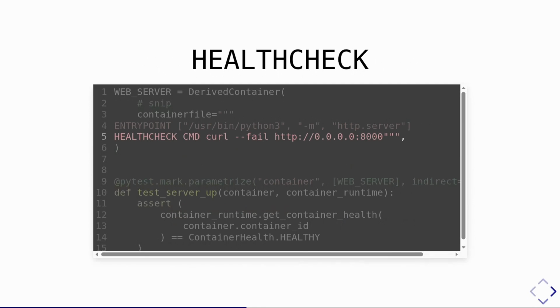Another thing, health checks. I know this is not an OCI feature, it's a Docker feature, unfortunately, but it's very useful because what you also often run into with automated tests is you have an application. The application takes a bit of time to spin up, and when you test it manually, you do podman run my application, and then you try to test it, and it works, and then you write an automated test, and the automated test is much faster than you, the application is not yet up, and your test dies because it